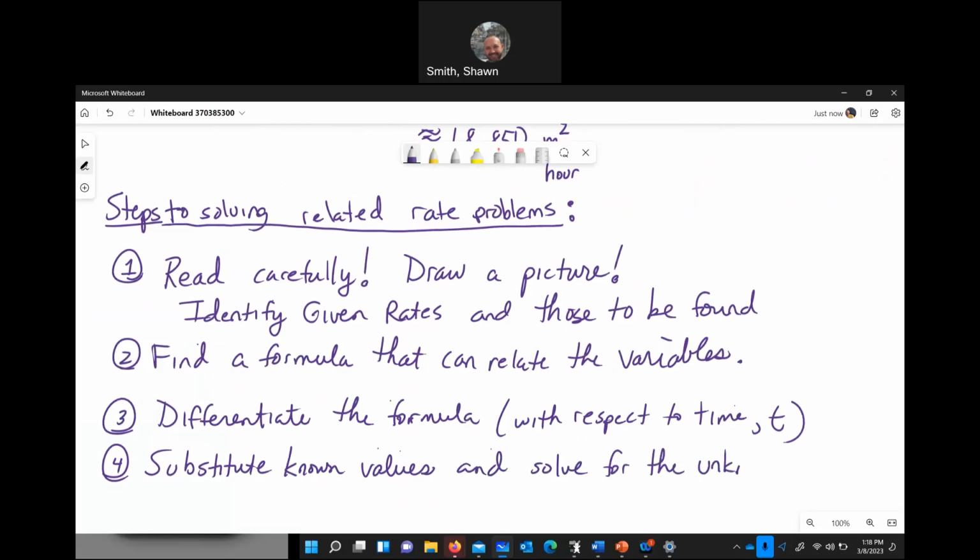Let's just put the unknown variable. Differentiate means find the derivative. And sometimes we might have to use implicit differentiation. Sometimes it's just straightforward, it's a chain rule. It depends what the equation is that we're looking at, that's how it's related